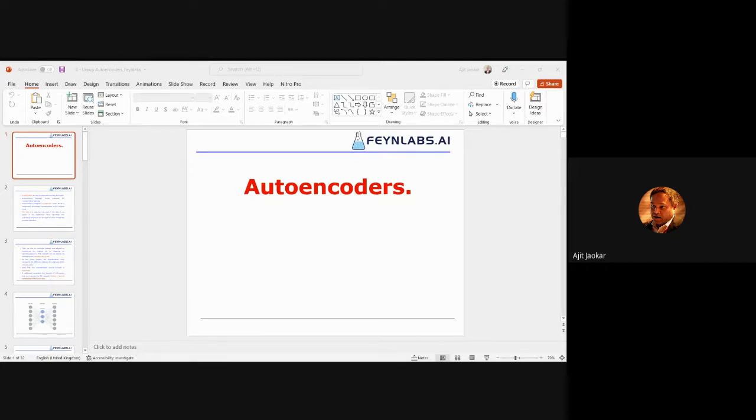Now I'm going to cover the last subject, which is autoencoders. After this subject, we will go back and start to look at the code for CNN, and then we'll take some code presentations from you to see where we are at.